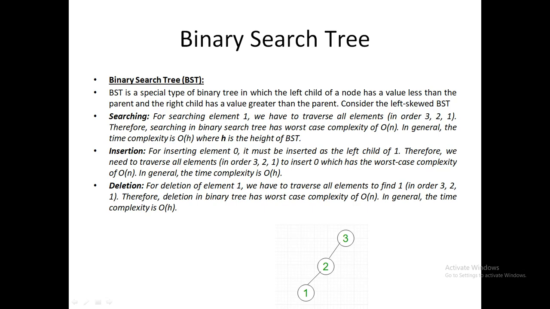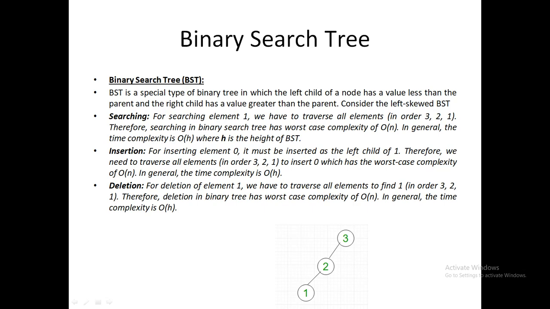We are going to see the AVL tree, starting with the binary search tree. Binary search tree is to be explained. A binary search tree is a binary tree with a search property. Binary tree means the maximum number of children for a node is 2, and in a binary search tree the left